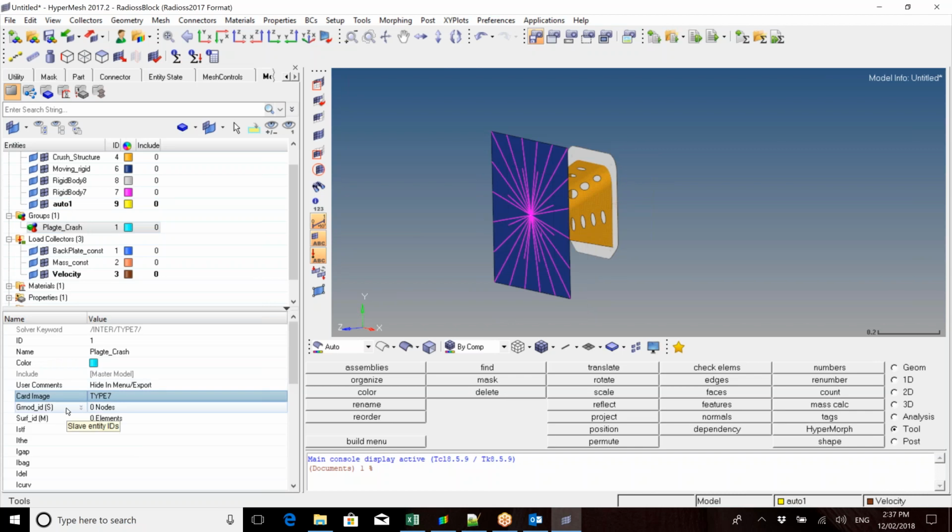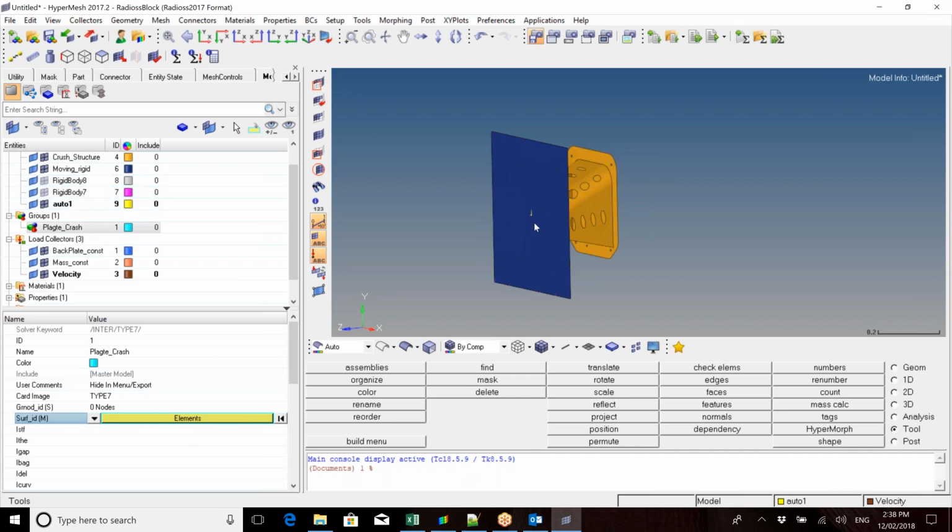It tells you here what you're using. In the group ID of the slave entities, you're using nodes. In the surface ID of the master entity, you're using elements. So here we can select the elements. We're going to use the elements on the actual section itself, so I'm going to turn those off. I'm also going to turn off all the other elements. This way I can just go and select